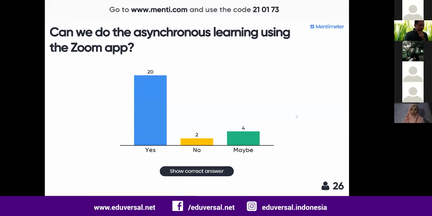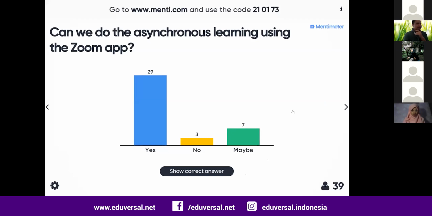Yeah, normally we can do an asynchronous learning approach using the Zoom app. You can record your lesson as in a normal condition when you teach the subject, and then you can share it to the students in their learning management system, or you can use the tools from Zoom itself. If you have a paid version of Zoom, you can record to the cloud.